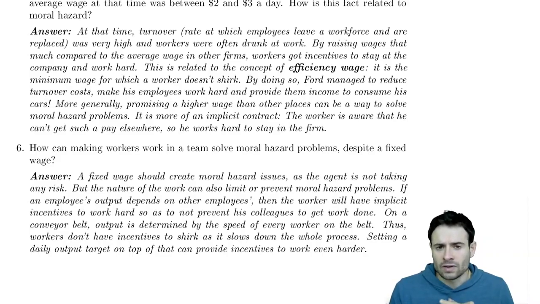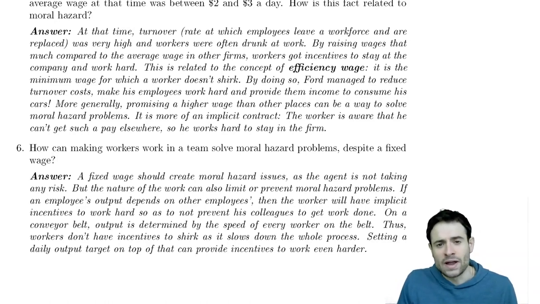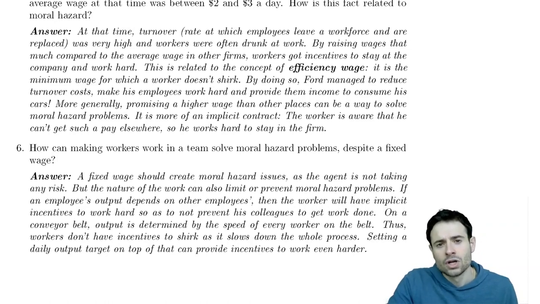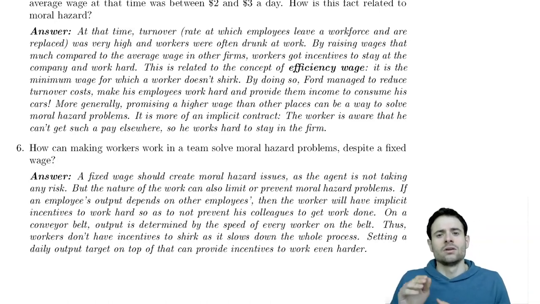In the tutorial about adverse selection, I talked about cab drivers. That's exactly the case. Cab companies might take a fixed amount of money from the driver as a rent, and any extra dollar made by the driver is going to go directly to his pocket. This will give him incentives to work hard, to work longer hours, to catch as many customers as he can, rather than if he's getting paid a fixed wage or if he has to meet a daily quota of customers. Once he meets the quota, he's done, he goes home.